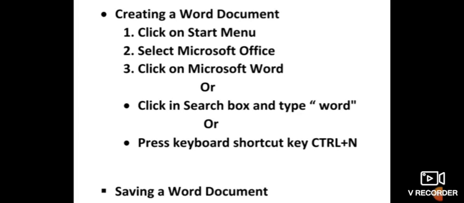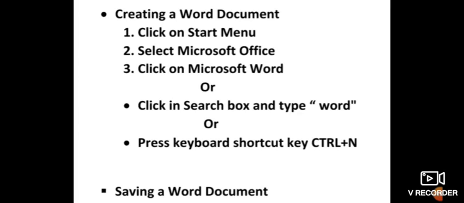First we have to click on Start menu. When we click, the Start menu will appear. From there we have to select Microsoft Office. When we select Microsoft Office, a submenu will appear that will show all the packages of Microsoft Office. From there we have to click on Microsoft Word.